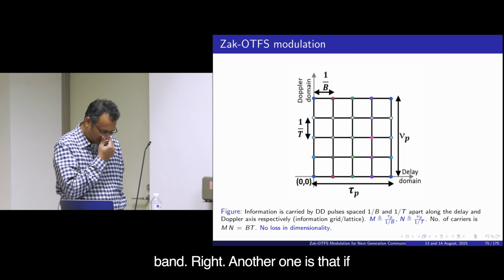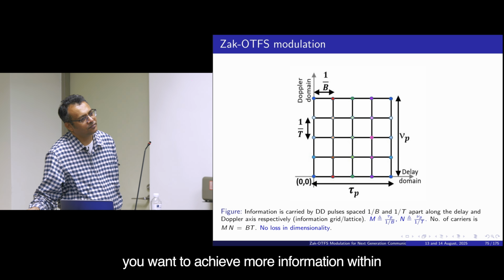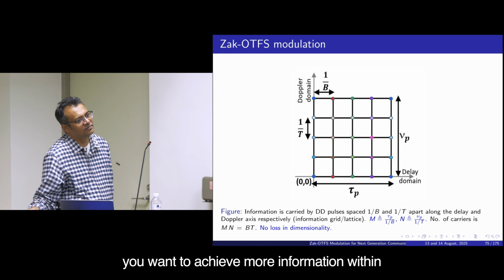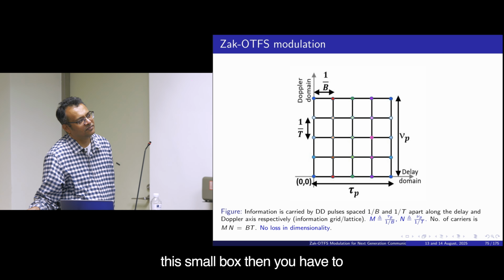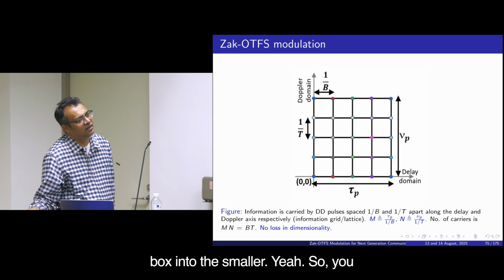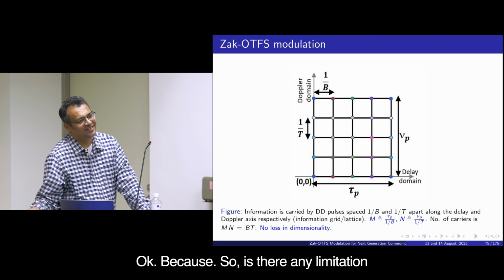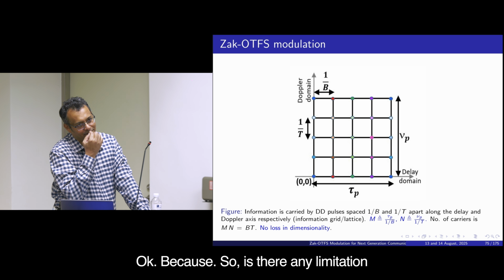Right. Another one is that if you want to achieve more information within this small box, then you have to tile the box into smaller ones. So you have to increase your B and T. Okay. Because so is there any limitation? I mean,